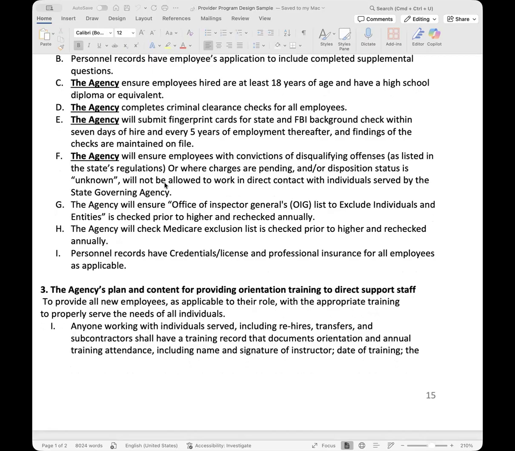Then there are more aggressive charges, like any murder charge, or anything that has to do with abuse or neglect towards a child or an elderly person. These right off the bat are disqualifying offenses. Each state, you'll have a list in your state standards of what the disqualifying offenses are.